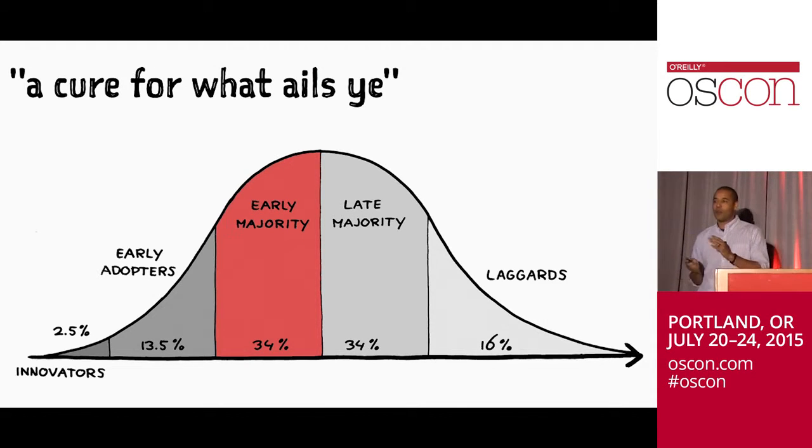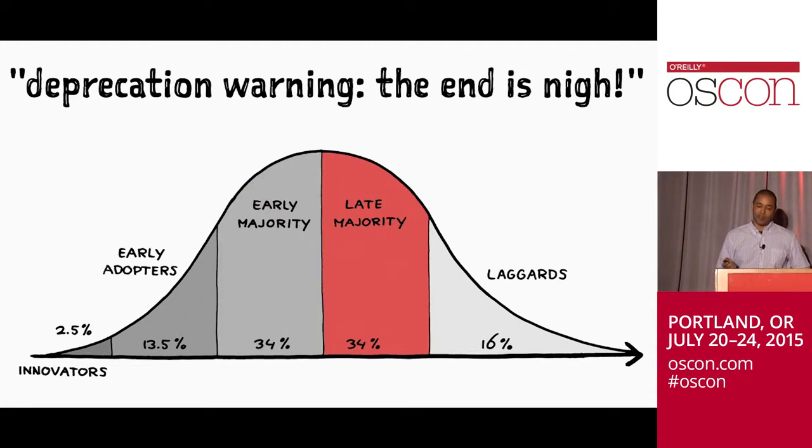After a while, our message starts becoming very different. We'll start saying things like, warning, we're going to deprecate the old way of doing things. It's coming. And so this ends up capturing a more risk-averse set of people that say, oh, now I need to pay attention because the thing I am using is going away. So I'm going to start planning my change to pay down this technical debt or to migrate to this new tool.